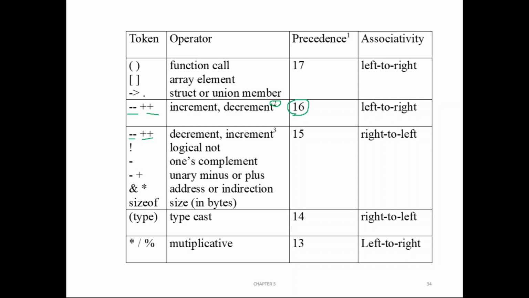So again, if the expression has more than one post increment or post decrement, then it will execute in left to right order. Okay, and the next priority goes to pre decrement and pre increment. This number says it is pre decrement and pre increment, and logical not, this tilde, it's a tilde symbol, which means ones complement of the number.